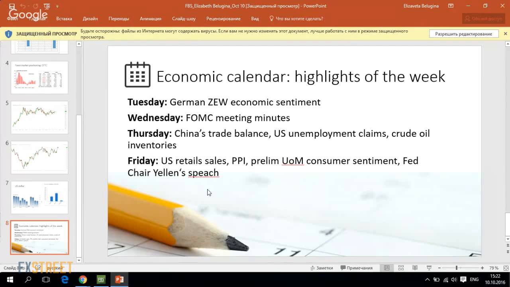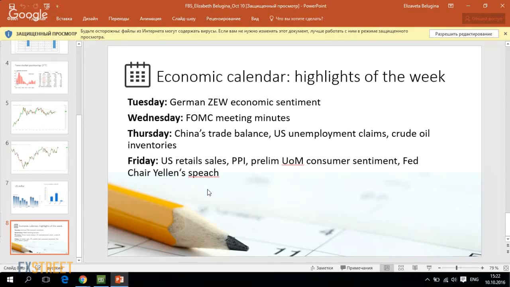On Wednesday, we'll probably get the most important piece of data of the week. It will be the FOMC meeting minutes. I can remind you that in September, the Federal Reserve left interest rates unchanged. It changed its forecasts for the federal funds rate. Still, these forecasts are in line with a December rate hike, and it will be interesting to know in greater detail